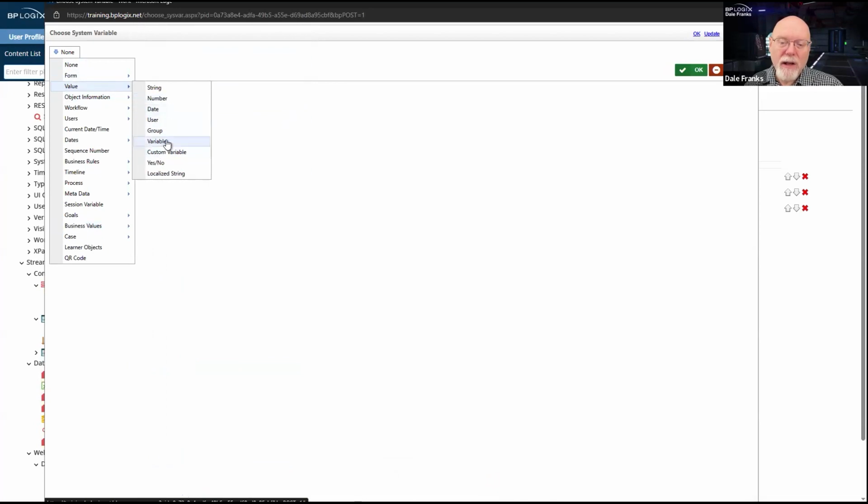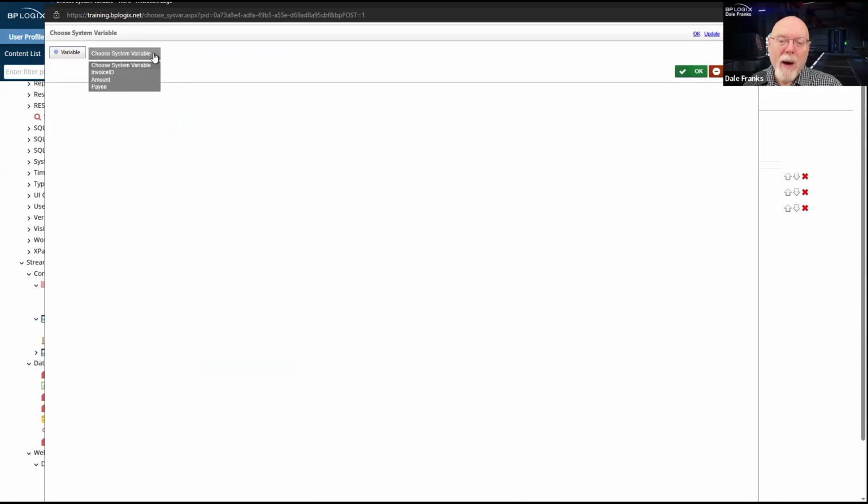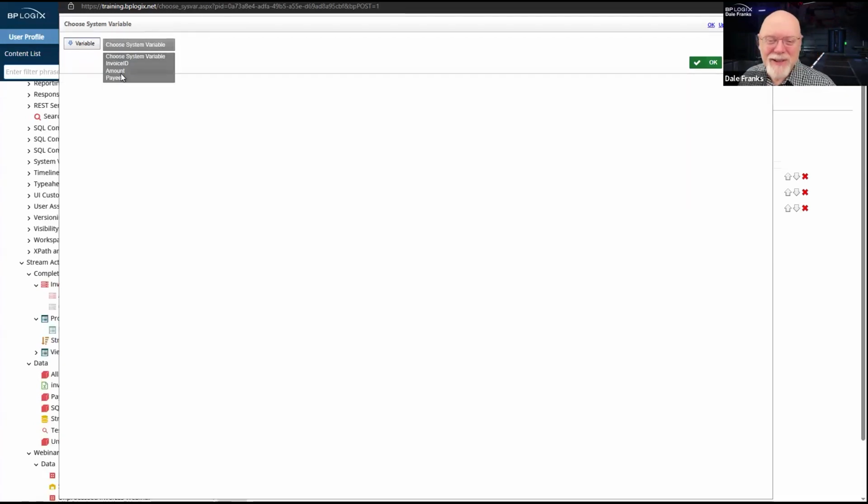So I actually do need to go and pull the variable here. And when I do, the stream has already created pre-made variables for me that identify the field. And I've talked so much that I don't know what field I'm configuring. So I will pick it eventually from one of these 3 fields, but I don't remember which. It must be the amount. So on my choose system variable here, I am going to pick the amount as the variable that is going to be used to fill the amount form field.